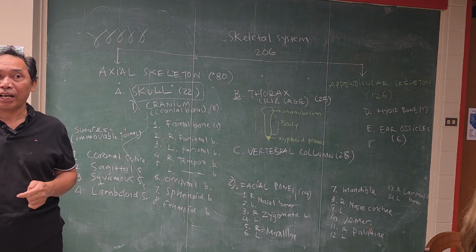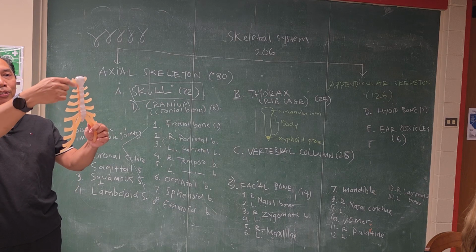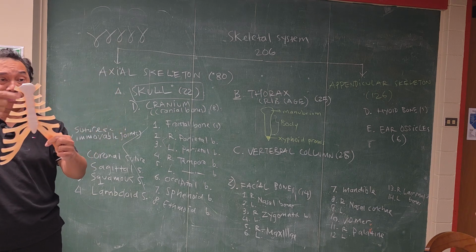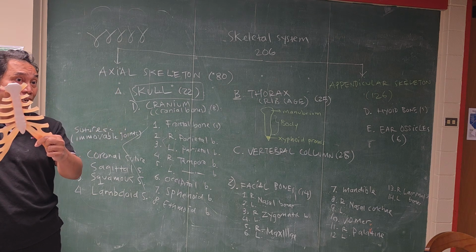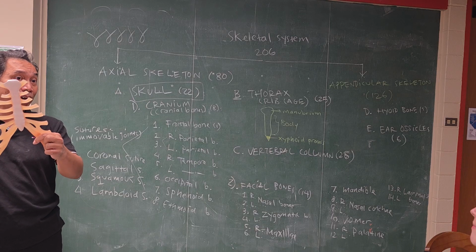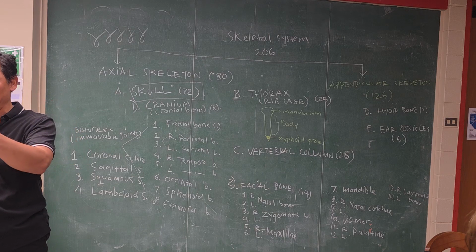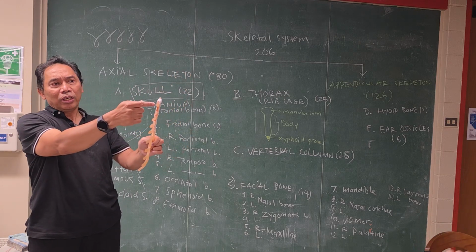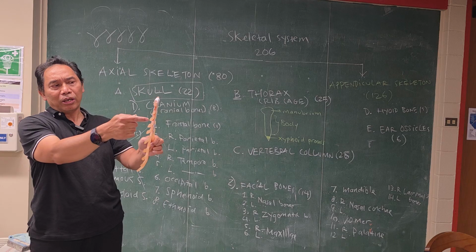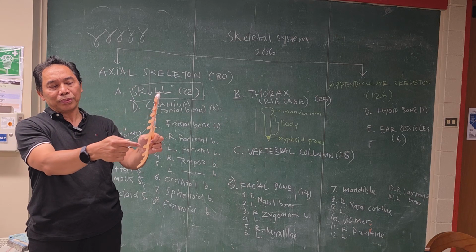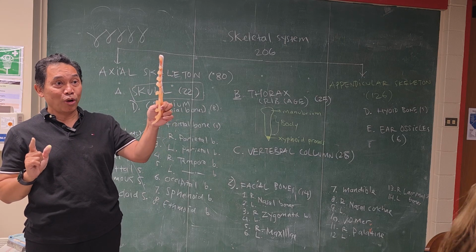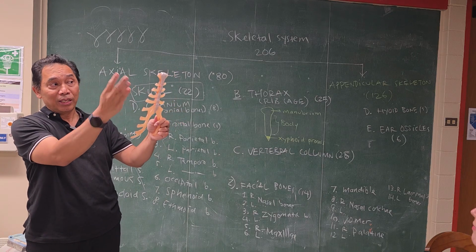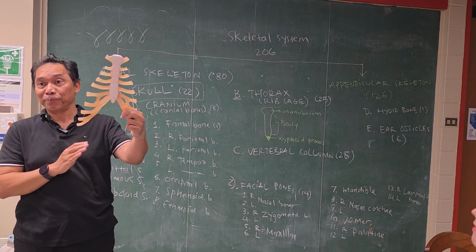Are you with me? Now, on the side they also have cartilage. This is hyaline cartilage, really shiny cartilage. Remember, there are 3 types of cartilage: hyaline, elastic, and fibrocartilage. This one is hyaline cartilage. Now, this will attach to each of the ribs. How many ribs? 12 pairs, 12 on the right, 12 on the left.